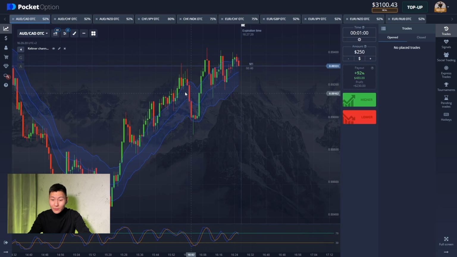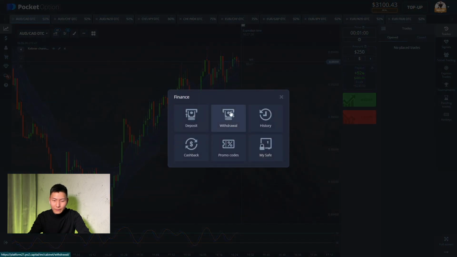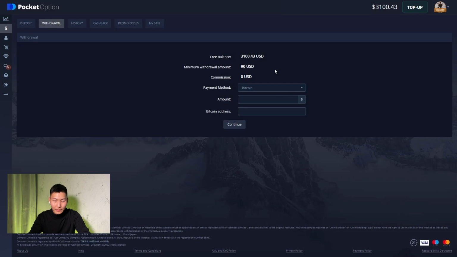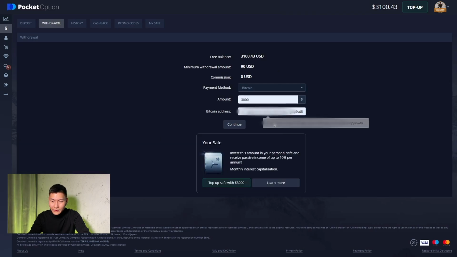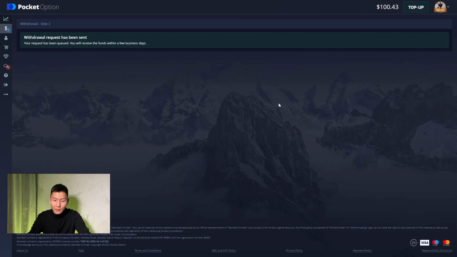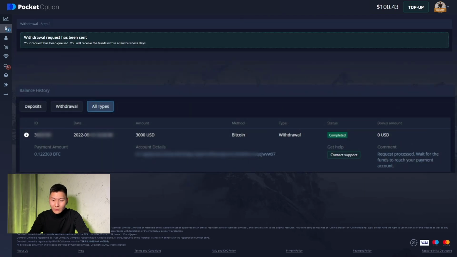And let's withdraw our money, guys. I think I will withdraw 3,000 to my Bitcoin wallet. Withdrawal, put down 3,000 here, Bitcoin address, and press the continue button. So that's it, our transaction is being processed. There is $100 left on the balance. I think I can multiply this next time, and I will attach the screen with the positive transaction